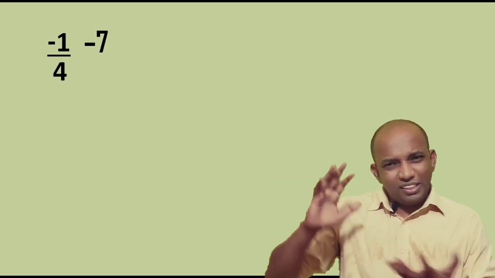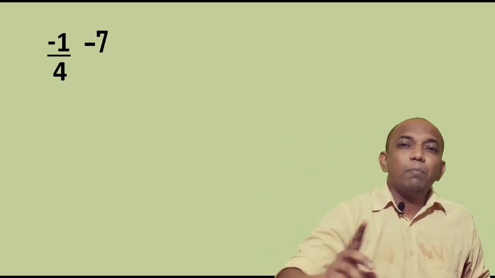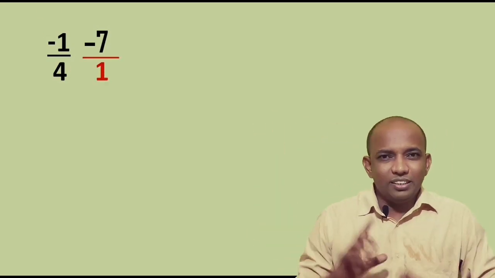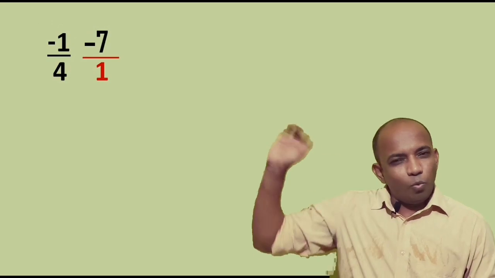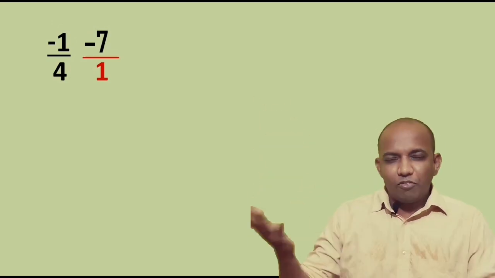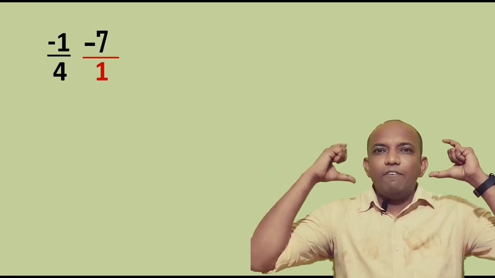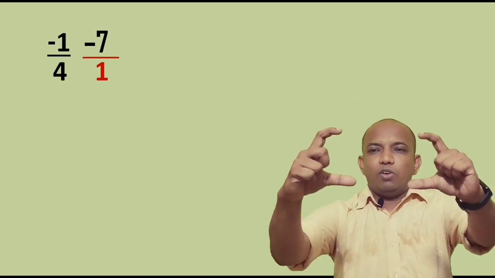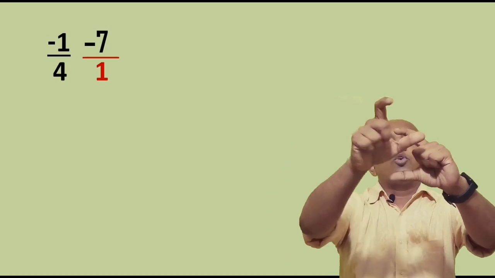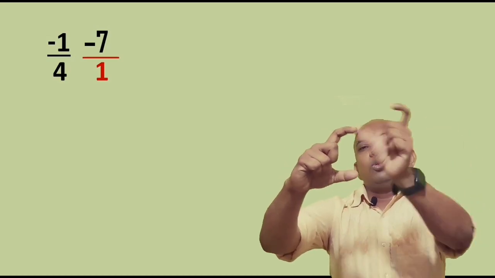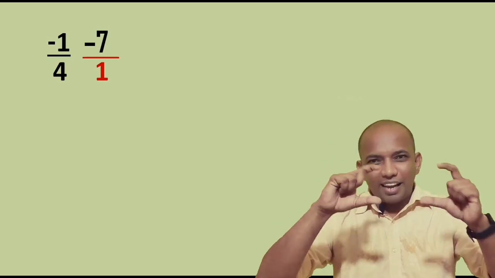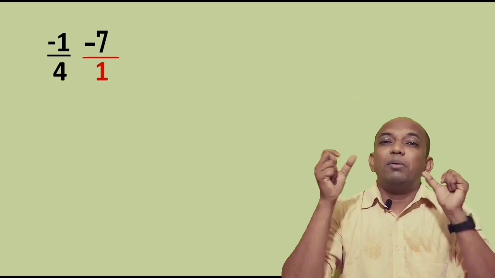Whenever you come across such condition, very first step, for a normal number, consider 1 as a denominator. That makes now 2 fractions with us, right? 1 upon 4 and 7 upon 1. Of course, both have negative sign, and we have to do thumb dance. This is 1 upon 4, this is 7 upon 1. What we are going to do now? This 1 into 1, 4 into 7, and then 4 into 1. This is the method, can be termed as LCM method. We are finding the LCM by making the denominator equal.